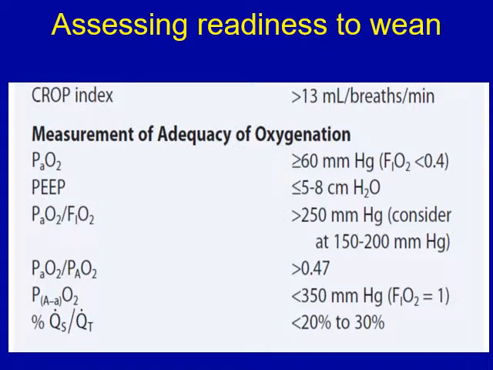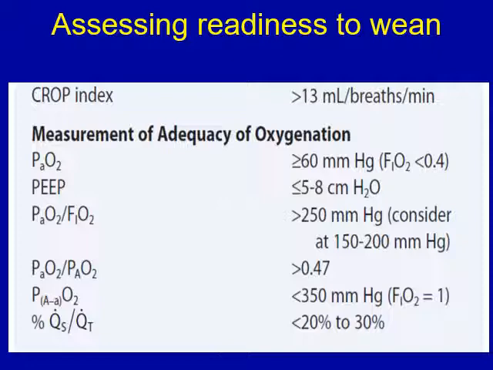And the other objective criteria are the CROP index, compliance rate, oxygenation and pressure index. It should be more than 13 ml per breath per minute, and measurement of adequacy of oxygenation: PaO2 should be more than 60 millimeters of mercury with FiO2 less than 0.4. PEEP should be less than 8 centimeters of water. PaO2 to FiO2 ratio should be more than 250, and we can consider when it is more than 150